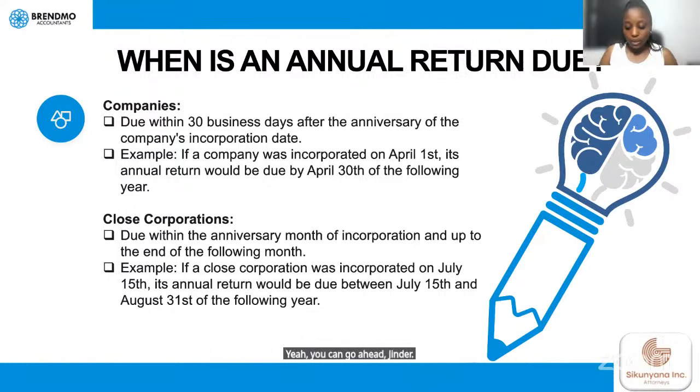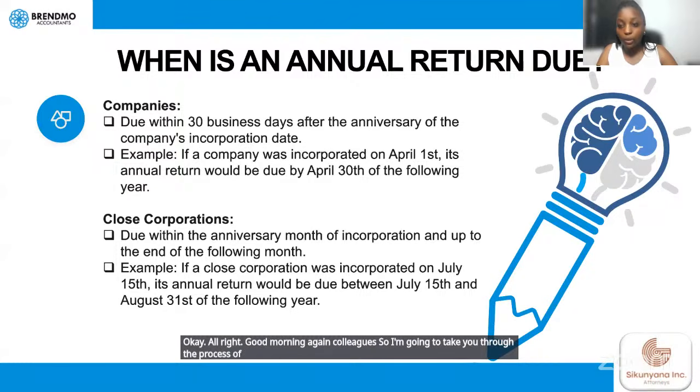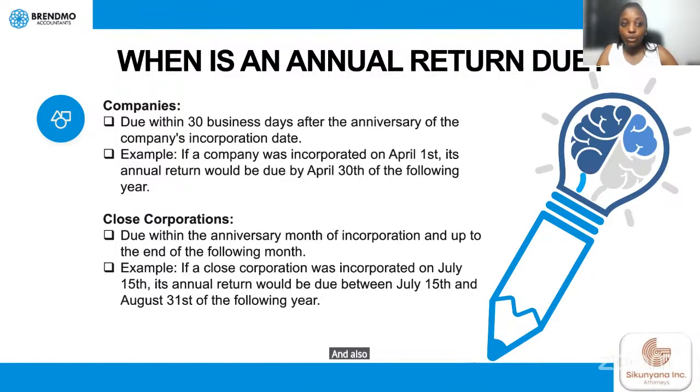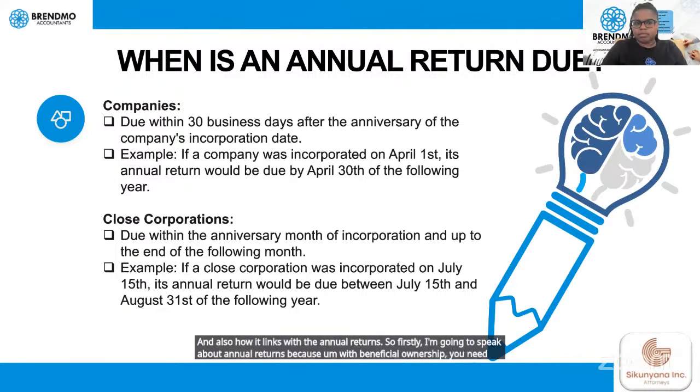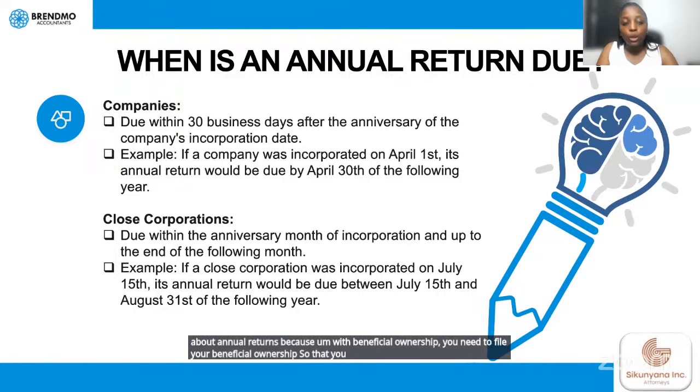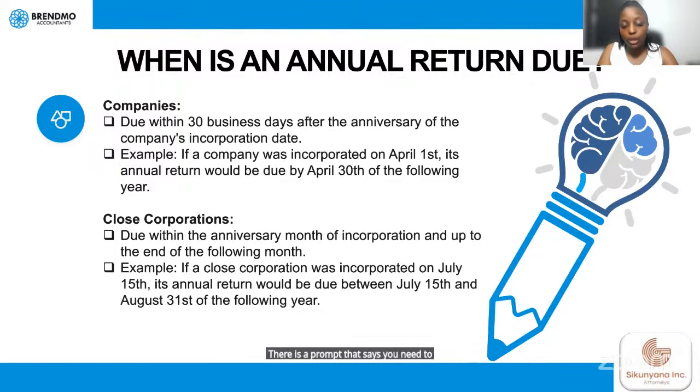Good morning again, colleagues. I'm going to take you through the process of filing the beneficial ownership, the requirements, the possible implications, and also how it links with the annual returns. Firstly, I'm going to speak about annual returns, because you need to file your beneficial ownership so that you can file your annual returns. You would have seen recently, if you have attempted to file an annual return and your beneficial ownership is not up to date, there's a prompt that says you need to file your beneficial ownership first